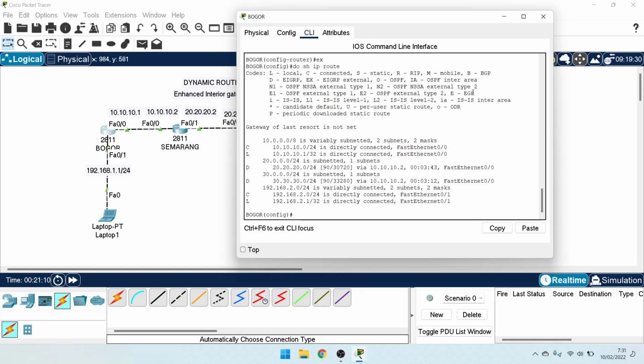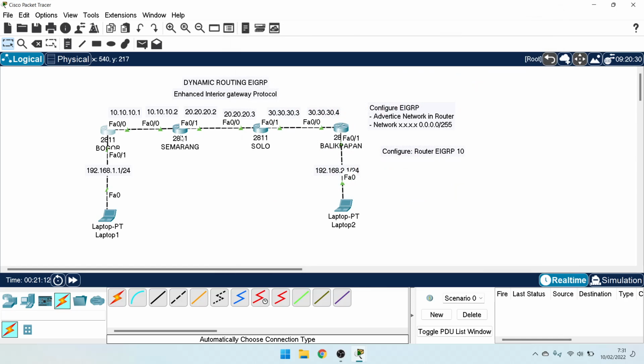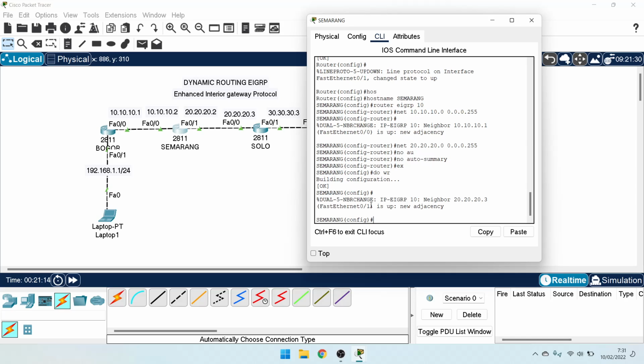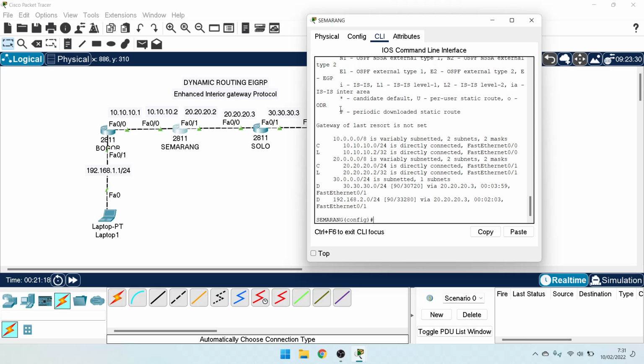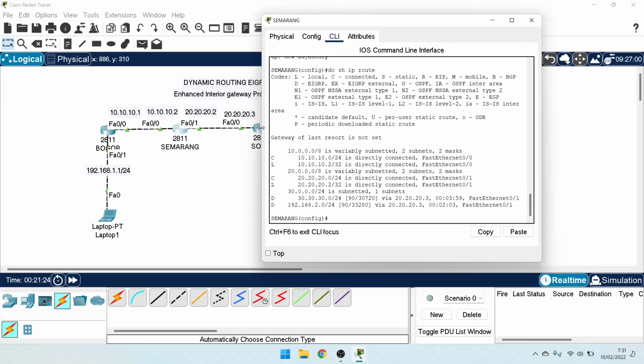Okay, in router Bogor. And check again in router Semarang, do show ip route. There is flag D, of EIGRP.